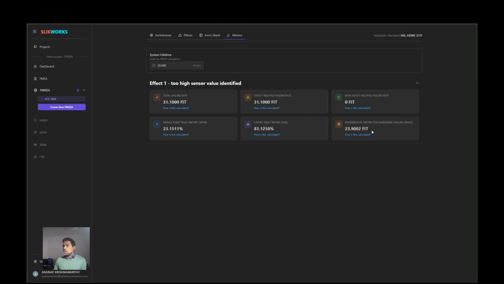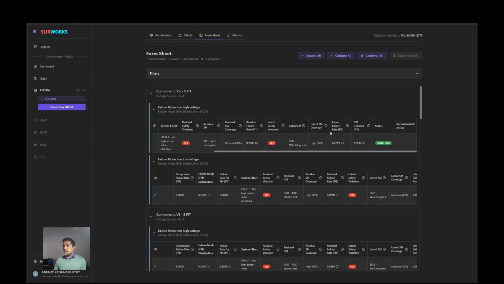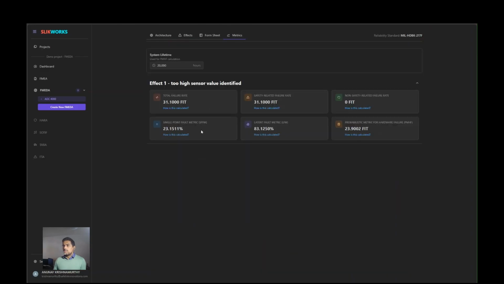So the goal now, since we know the SPFM, LFM, and PMHF, is to go back to the form sheet and modify what safety mechanisms we have. Maybe we need to add more safety mechanisms. Maybe we need to increase diagnostic coverage of existing safety mechanisms. Or maybe we just need different components. By playing around with the numbers over here, we can then decide whether the metrics are good enough or not. So this, in a nutshell, is how we can use the FMEDA to check how robust a system